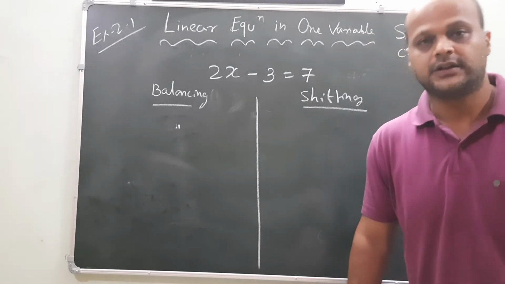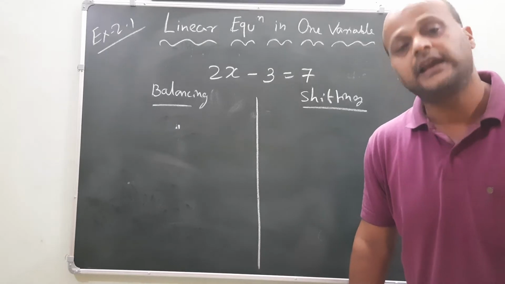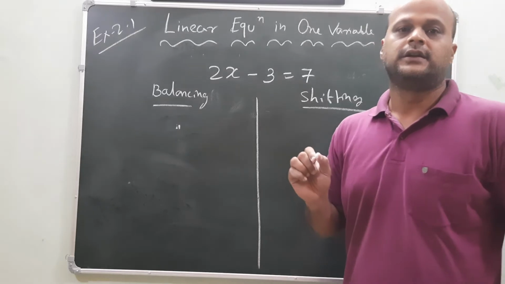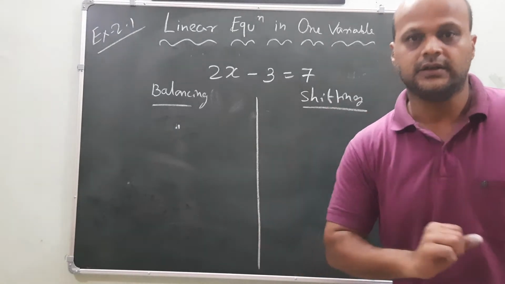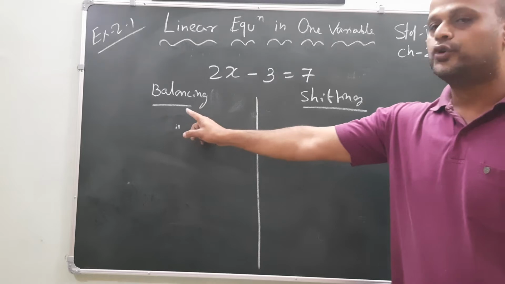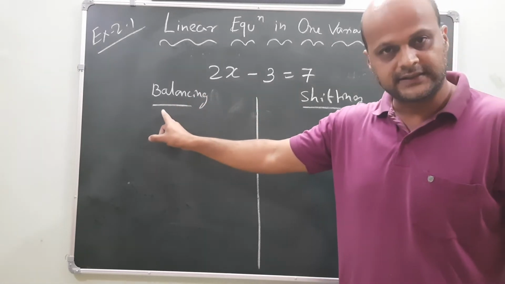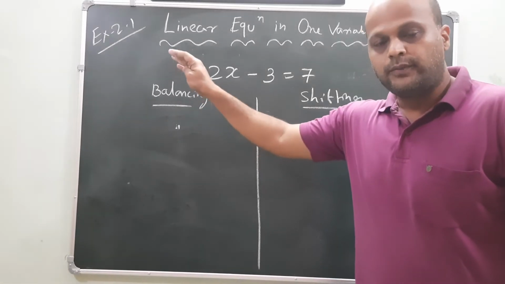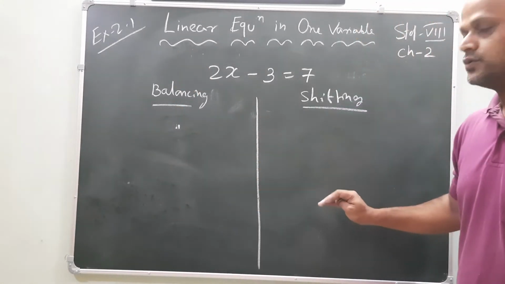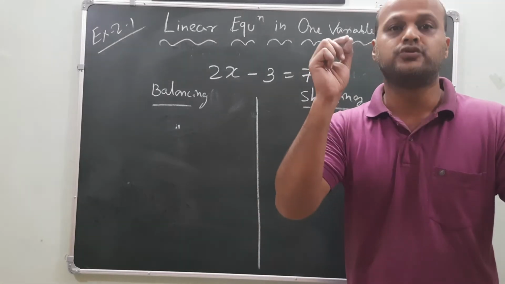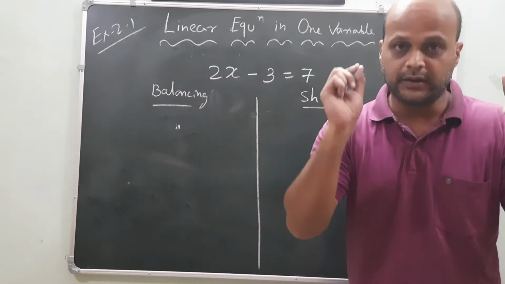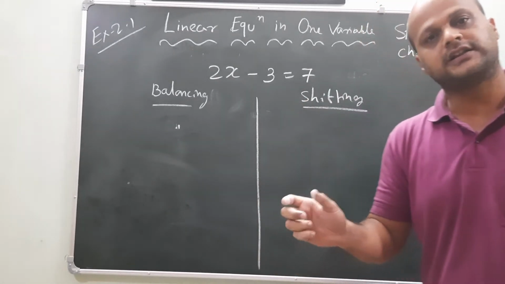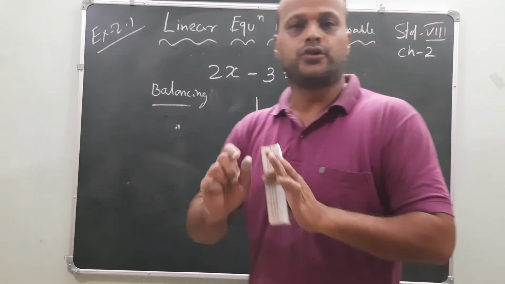Understood what I am saying? Just listen carefully, my dear friends. If the equation is given like this, and it says solve the equation, then remember that two processes are there. First one is called the balancing process, another is called the shifting process. Whichever is easily understood by you, remember that one and solve your questions. You will definitely get the correct answer. So don't get confused.